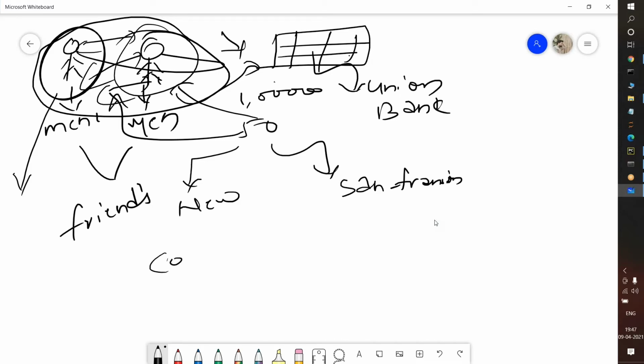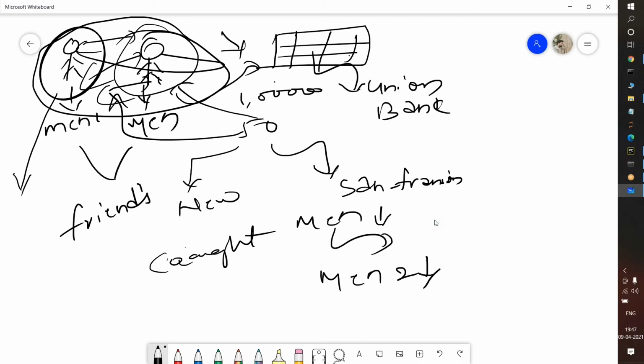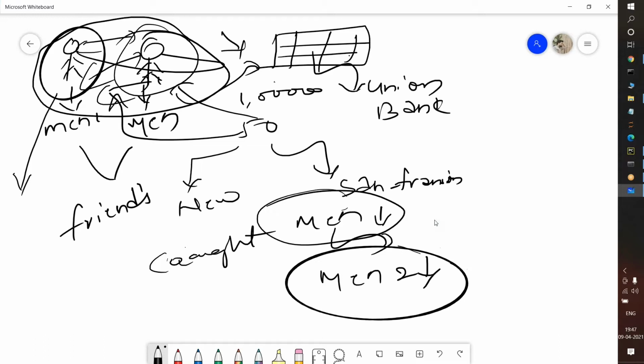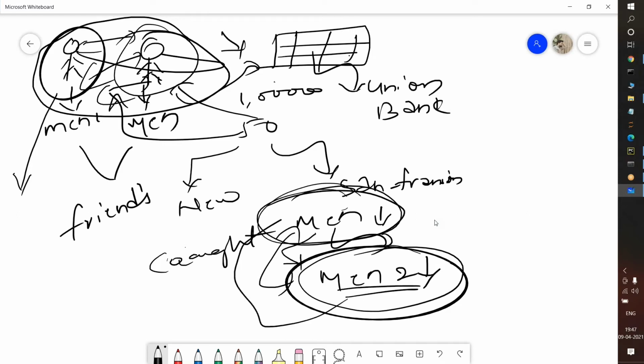If I catch men 1, men 1 will definitely give information about men 2. Yes or no? Because they're best friends. Men 1's information will be in the hands of men 2, and men 2's information will be in the hands of men 1. What this means is that men 1 is completely depending upon men 2 and men 2 is completely depending upon men 1. This is how we find the correlation.